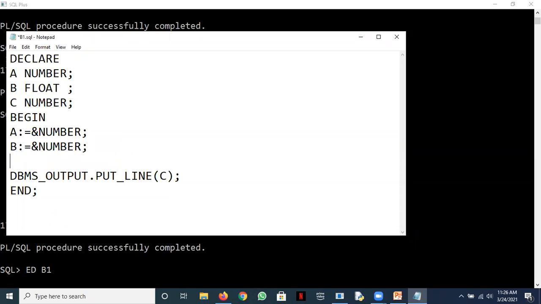This is for inputting, right? So we can write something like C is equal to A plus B. And we can concatenate our output, something like 'sum is', then concatenate with a double pipe.